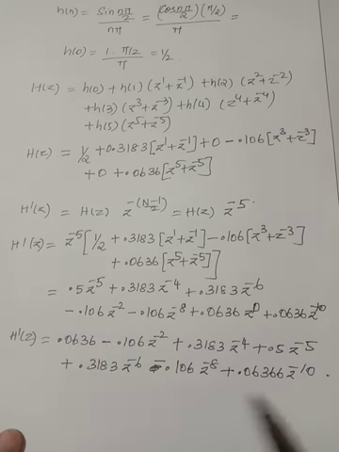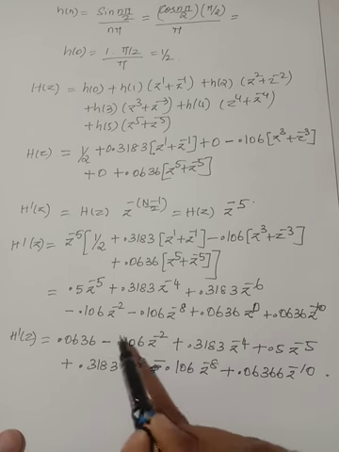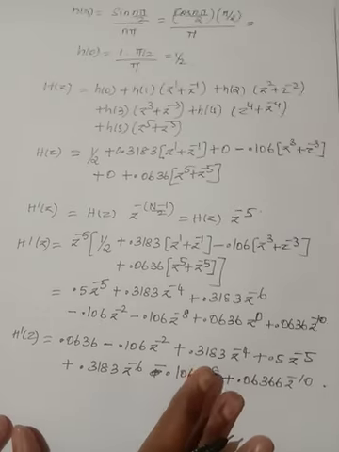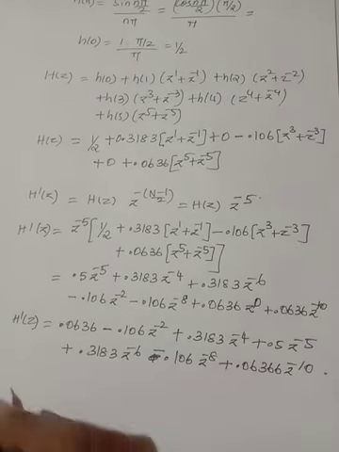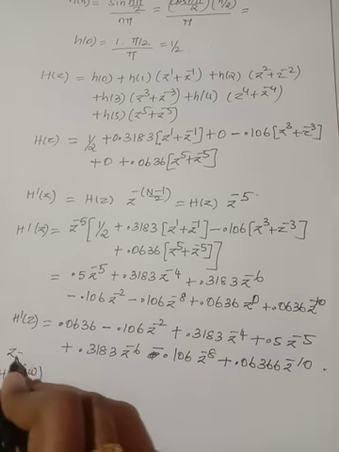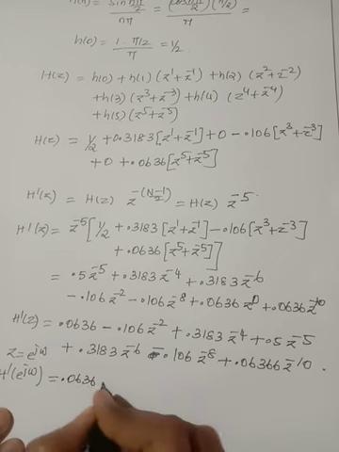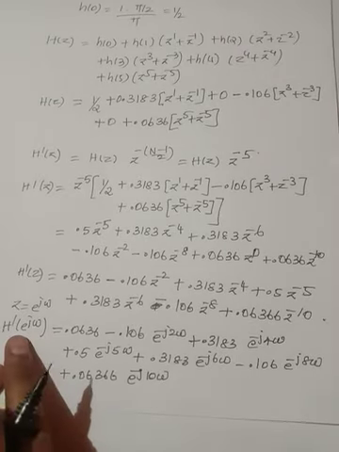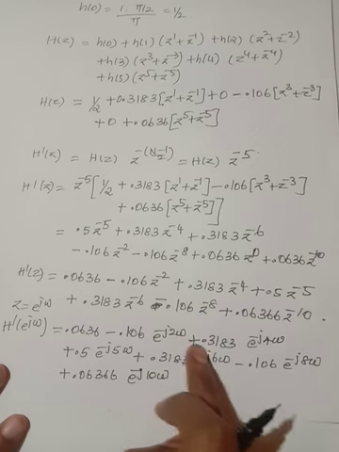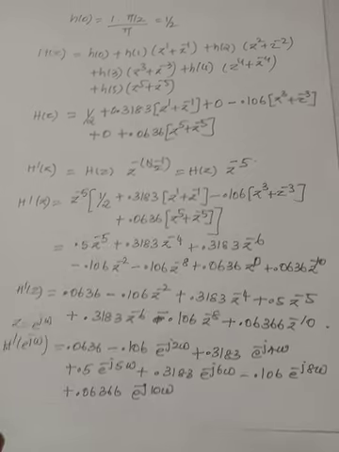Now I am going to rearrange this. First I am writing it in increasing order, that is z power 0, z power minus 1, z power minus 2. So this is the desired transfer function we have obtained. If in the problem they ask you to find the frequency response, just substitute z equal to e power j omega in this and write this equation as such. After substituting e power j omega, it will become e power minus j2 omega, and like that I have written everything. So this is the desired response we have obtained.